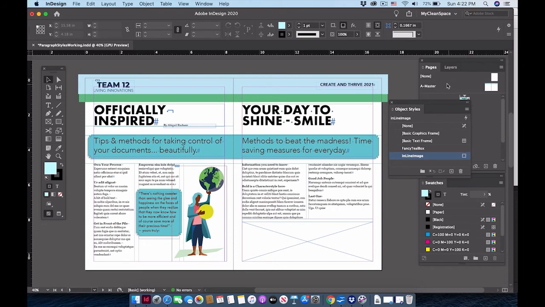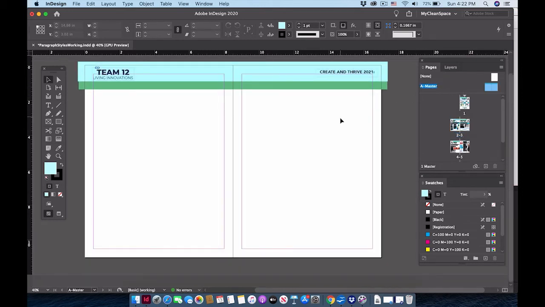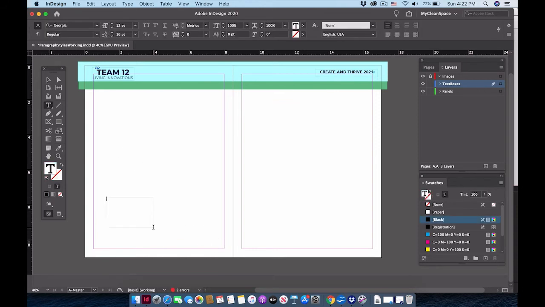So heading back over to the master pages, I think I'll close the Object Styles panel, double click, and tell you how page numbers are added in InDesign. Jumping over to layers, making sure that nothing is selected here, I'm going to first come into text boxes and create a small text box. And so page numbers have a funny little thing they do. You can actually type anything in on this page. Here I'll type a 5,